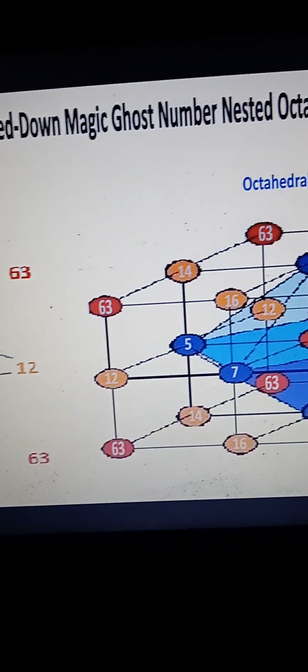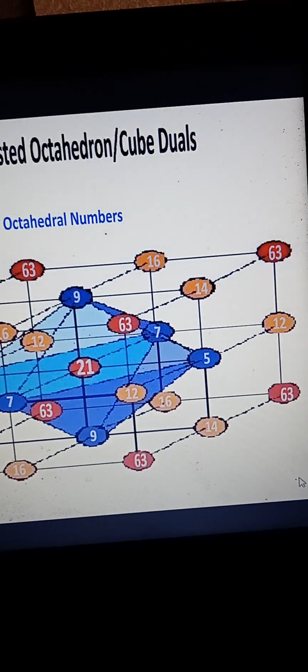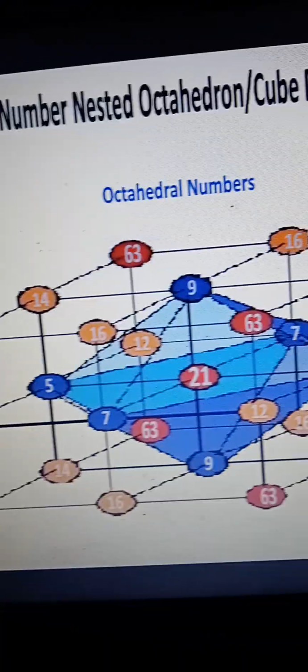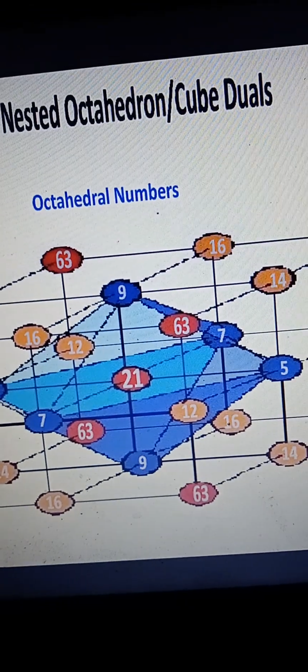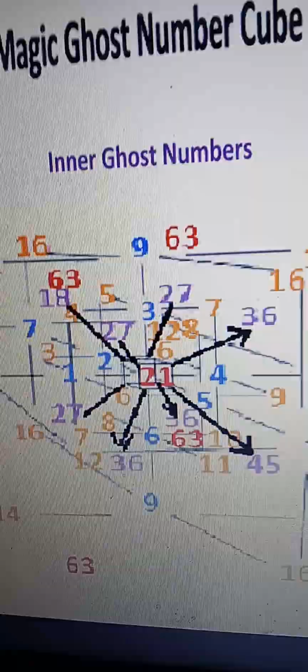This is a full magic ghost number cube and stripped down magic ghost number nested octahedron cube duals. There's the inner ghost numbers, the purple numbers, and then there's the octahedral numbers, the blue numbers, the outer primary numbers. I've never really brought this up very much before, but